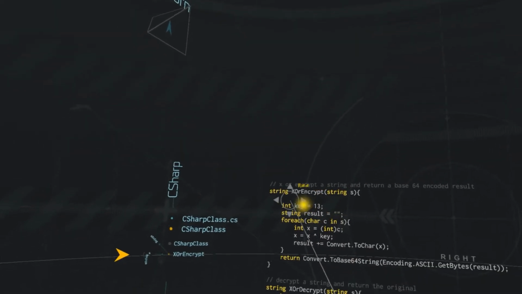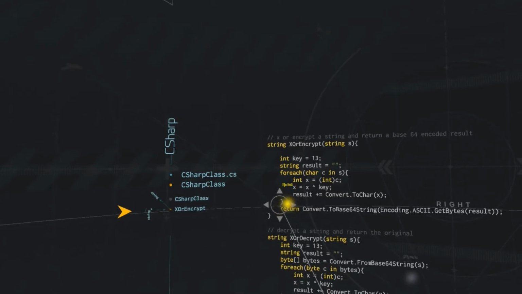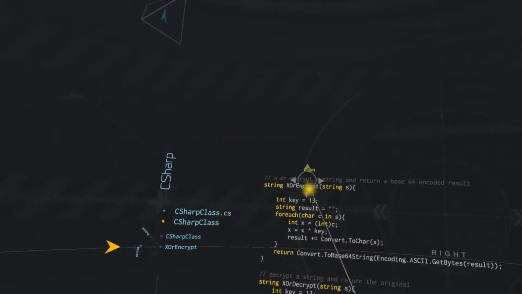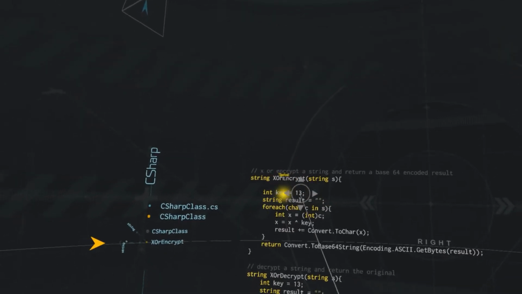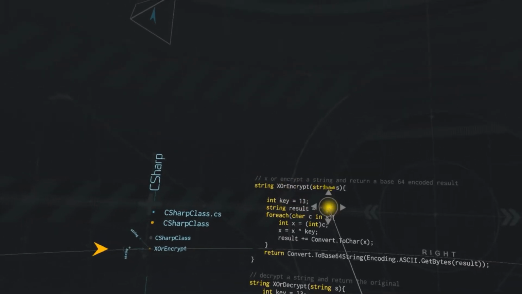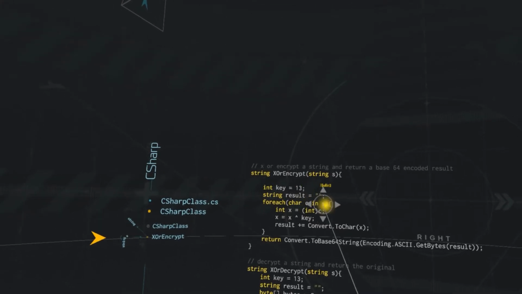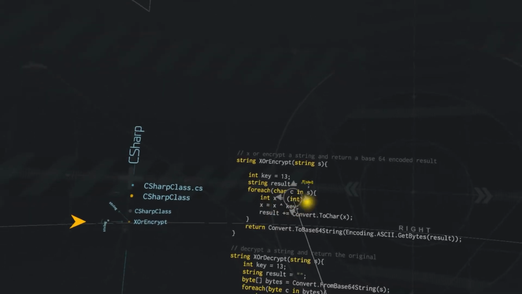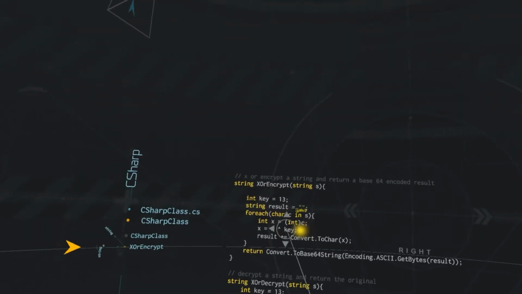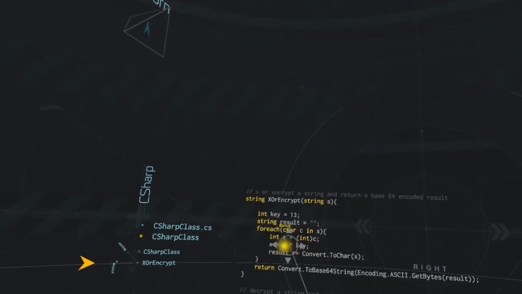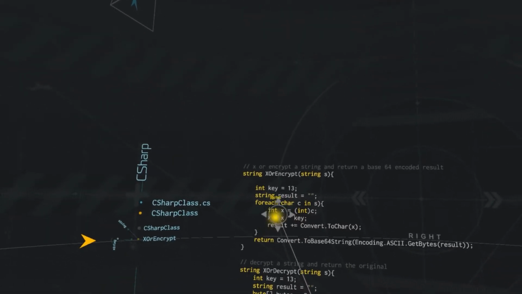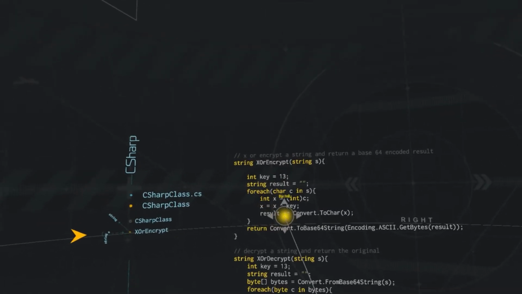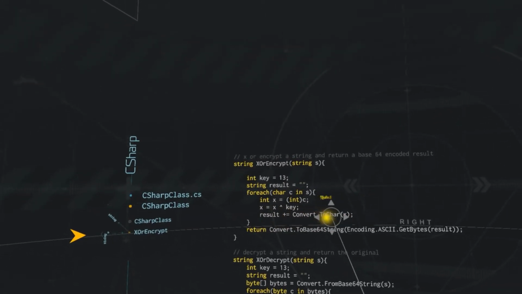All right, let's take a look. It looks like maybe it got it in even less than that. Well, yeah, it gives a decryption function as well. But let's evaluate this. So there's your key you were talking about, and then we got our results, and then we go through each character in the string. We turn it into an integer. What's this operation? Oh, that's the XOR. Okay, cool. So we XOR each integer with the key, which is 13,